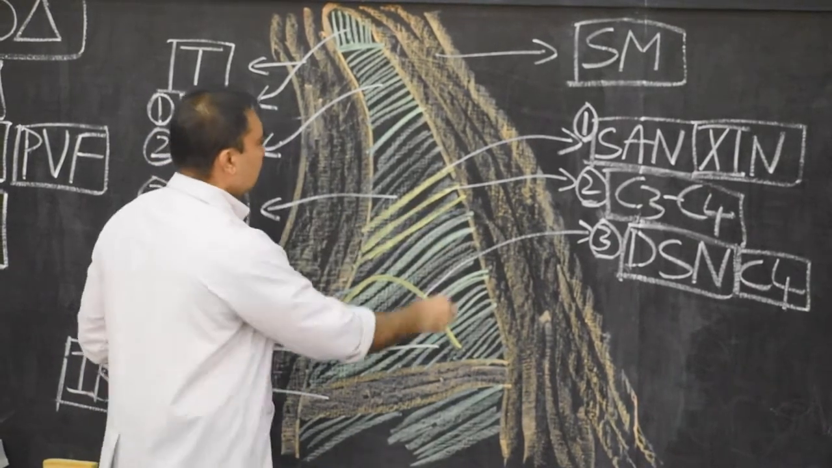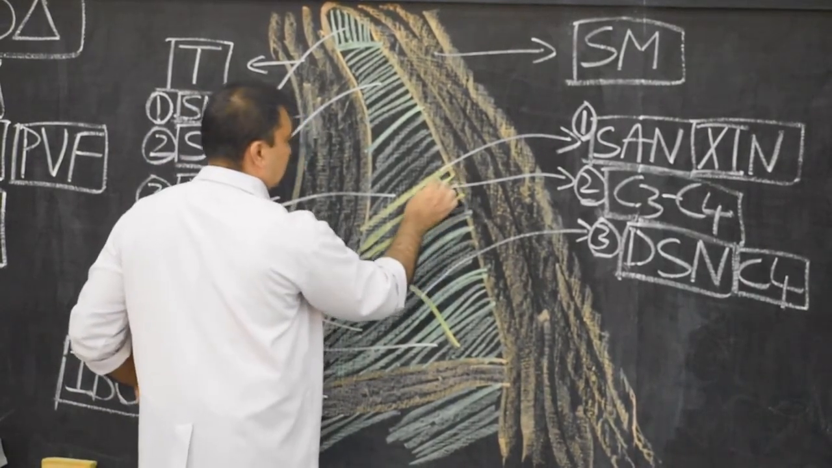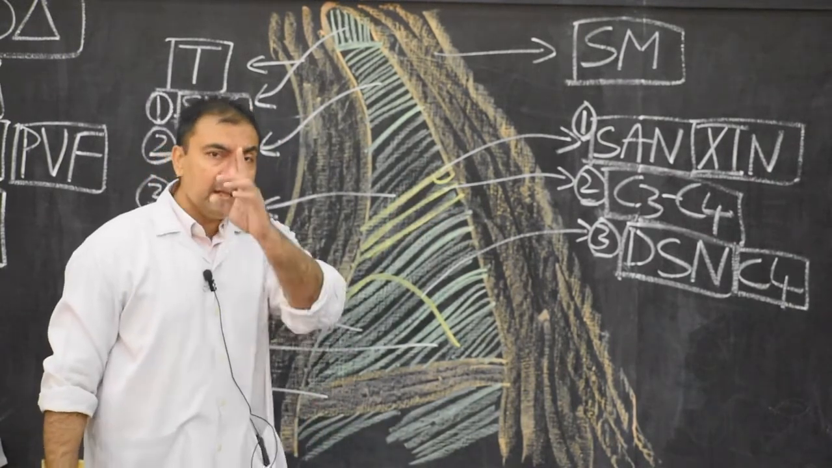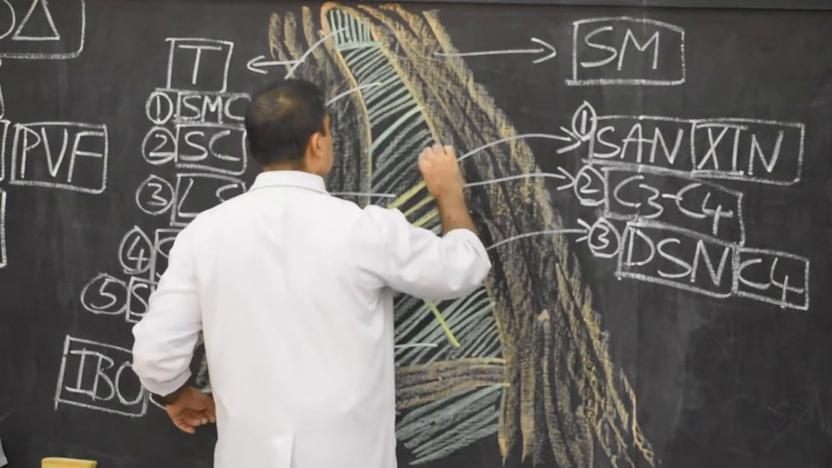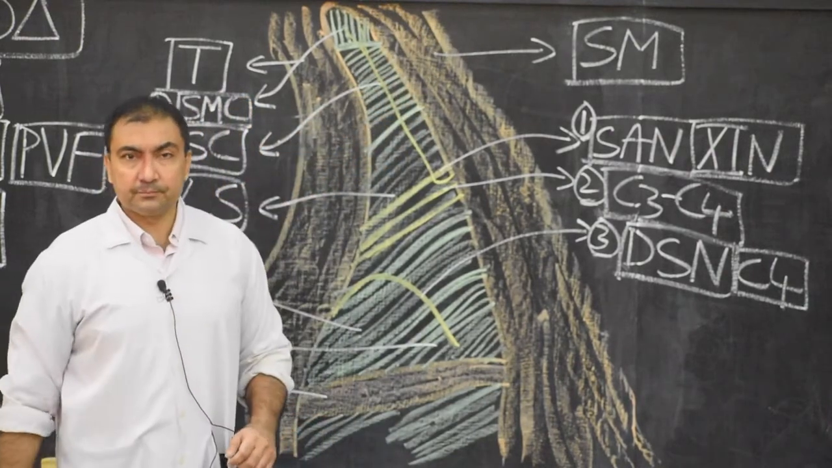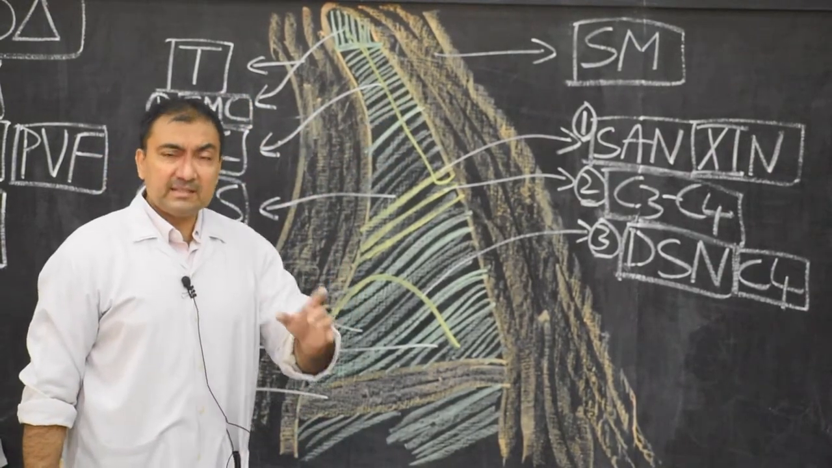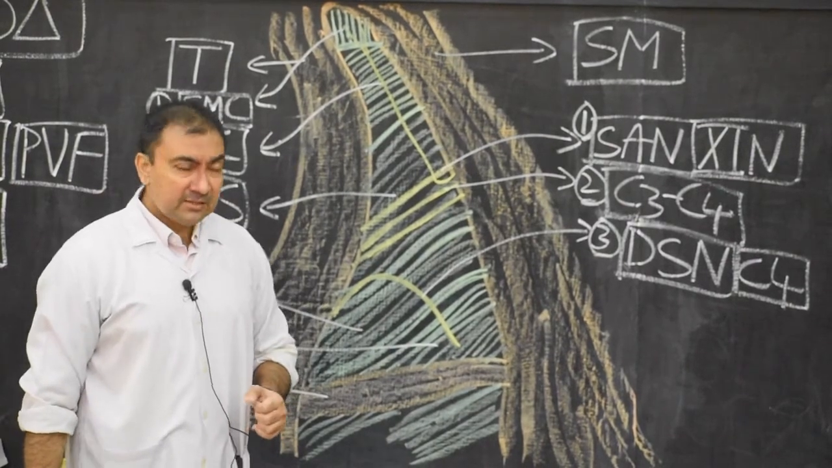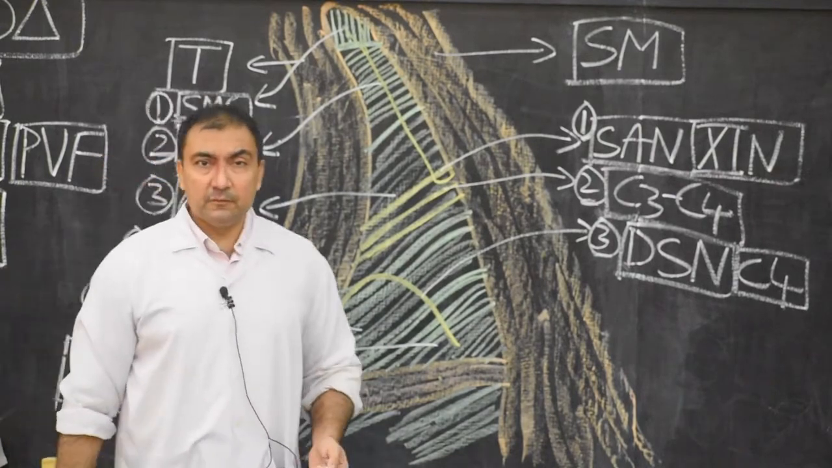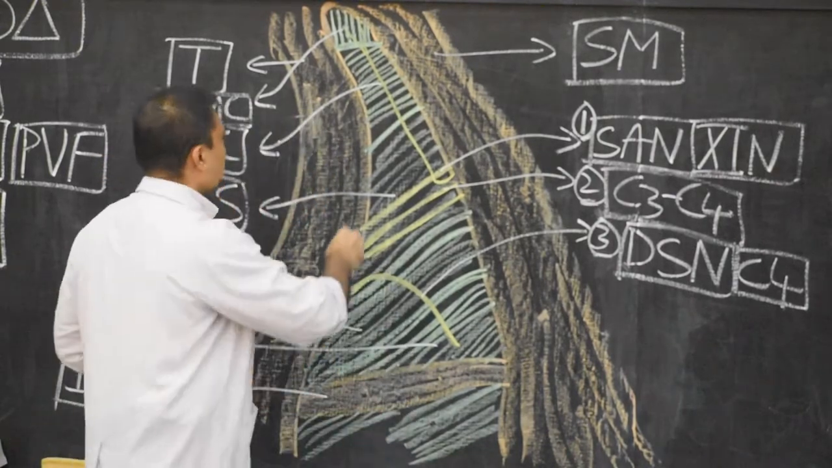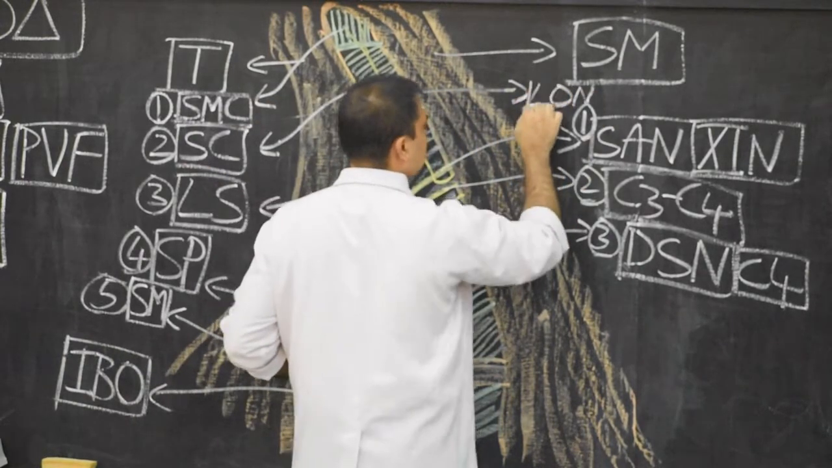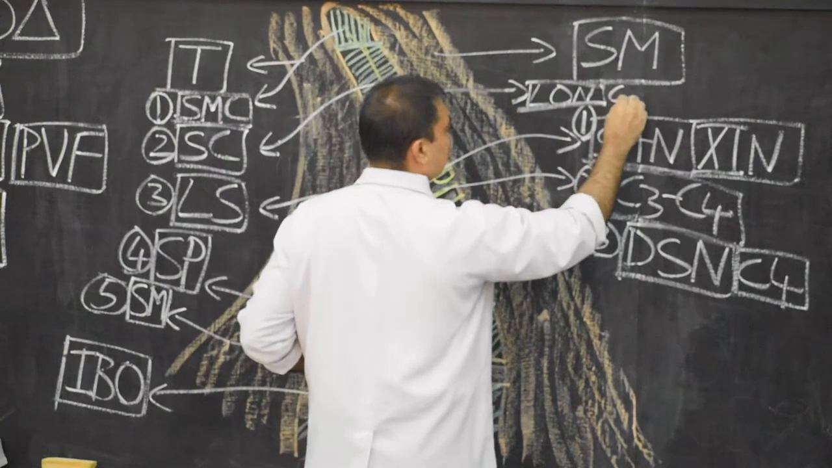sternocleidomastoid muscle, and the first nerve will hook around the spinal part of accessory nerve, and then it will pass upwards. This nerve will be known as the lesser occipital nerve. So therefore, this first nerve is the lesser occipital nerve, fibers of C2. So we are going to mark down here, this will be lesser occipital nerve, that is the fibers of